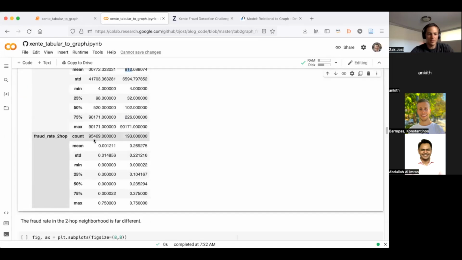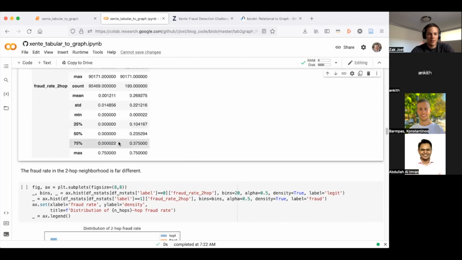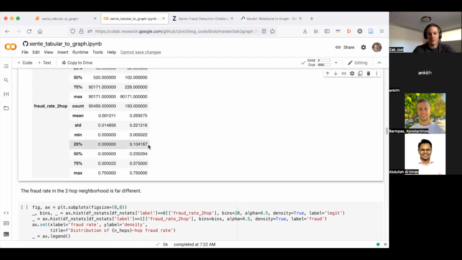If you look at the fraud rate of the labels, in the legitimate case you have around 0.1%. And in the case of fraud, you have like 25%. So obviously a huge change here. That's another good sign, because at the end of the day, we're looking for signals that can help us determine whether something is legitimate or fraud. So if we can look in the neighborhood and observe the labels, and that has a huge difference between whether the neighborhood is in a fraud or legitimate case, that means we have a signal for our model